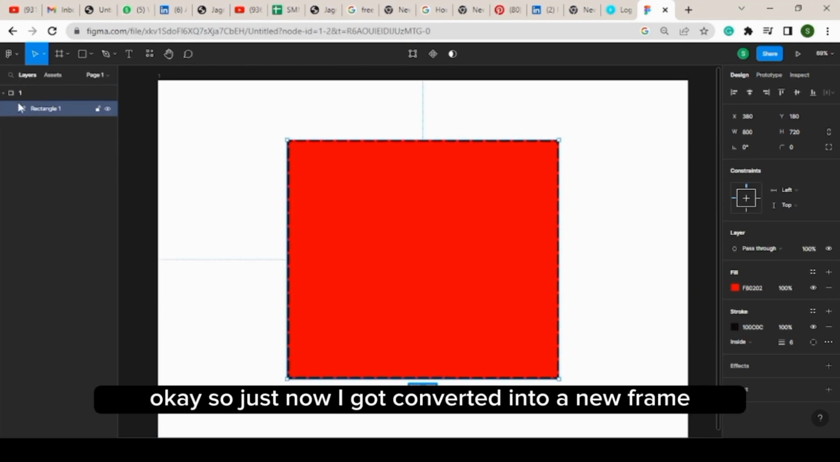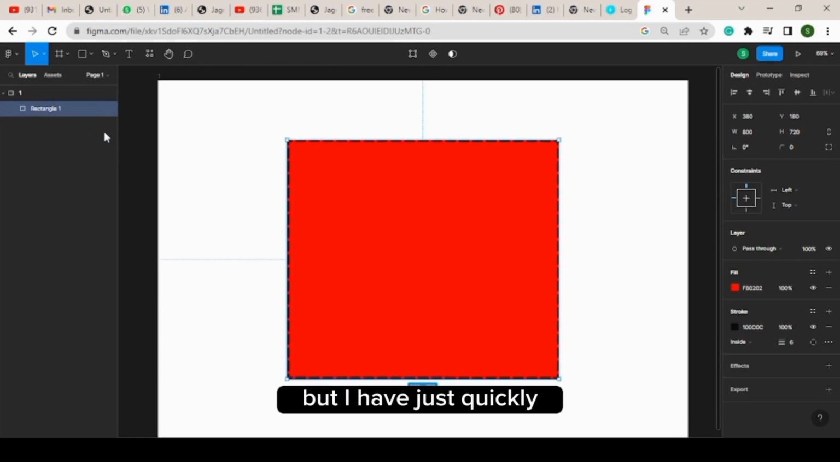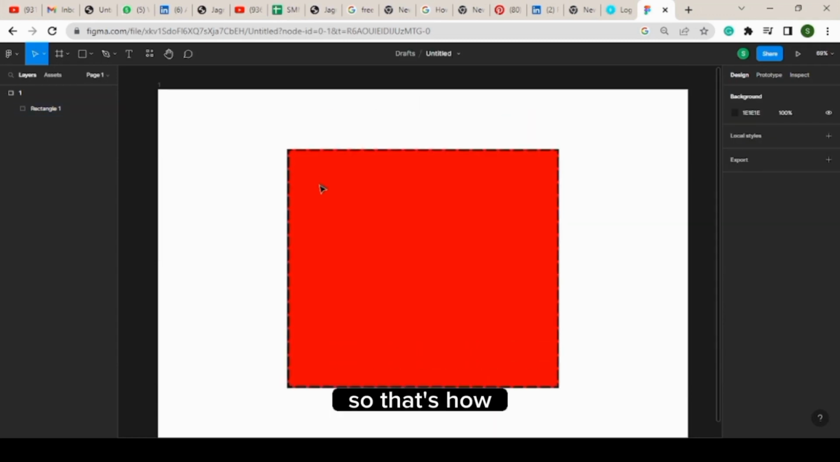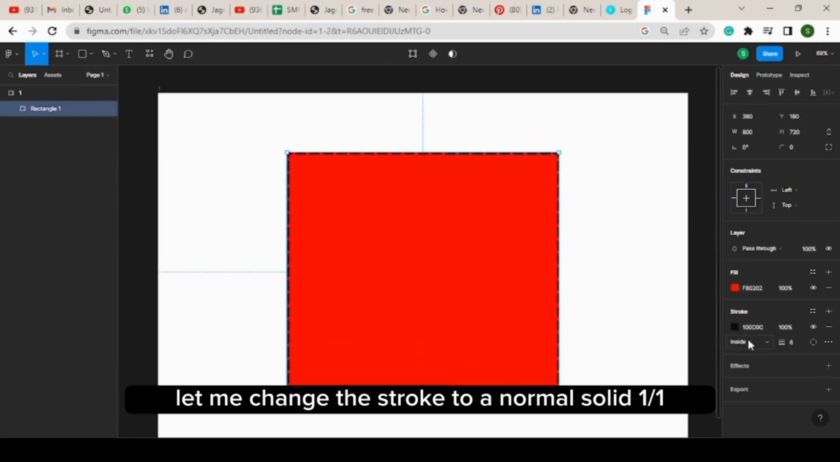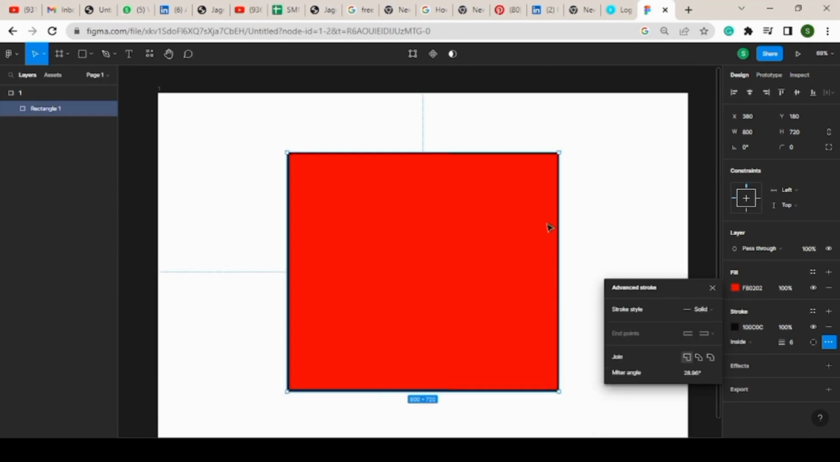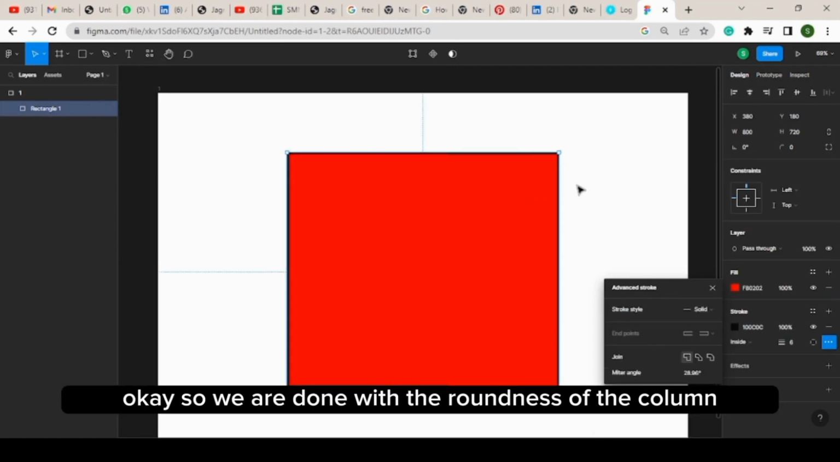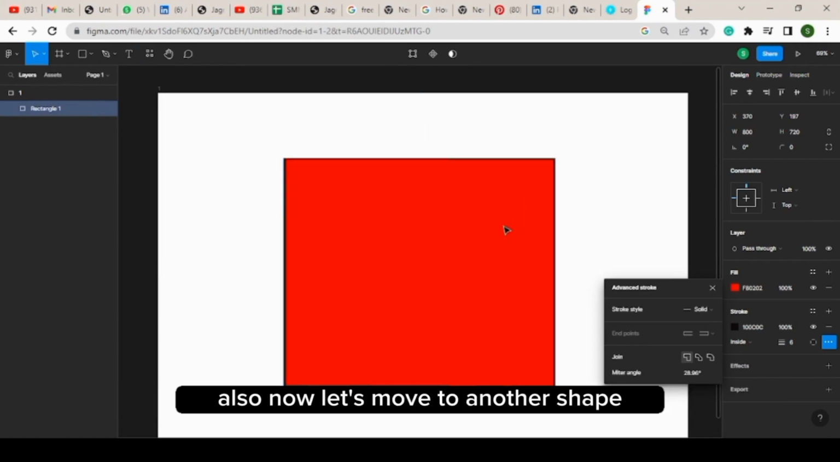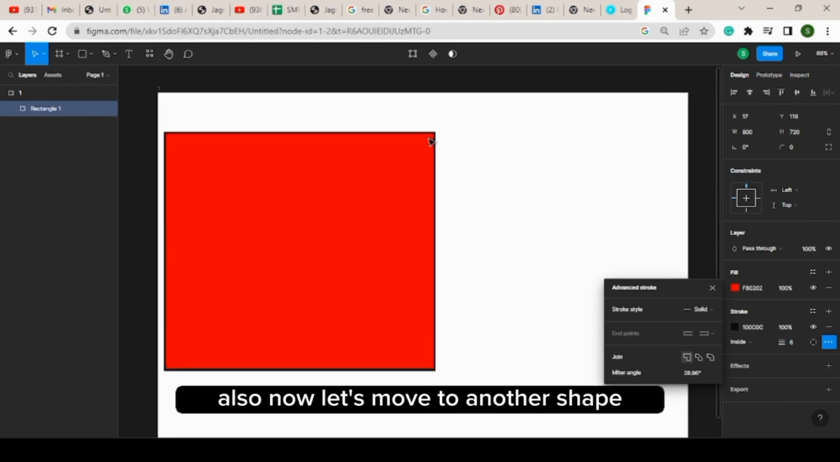Okay, so just now it got converted into a new frame, but I have just tweaked it. So that's how. Let me change the stroke to a normal solid one first. Okay, so we are done with the roundness of the corners also. Now let's move to another shape,